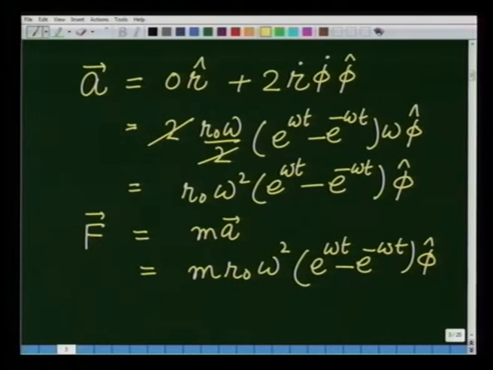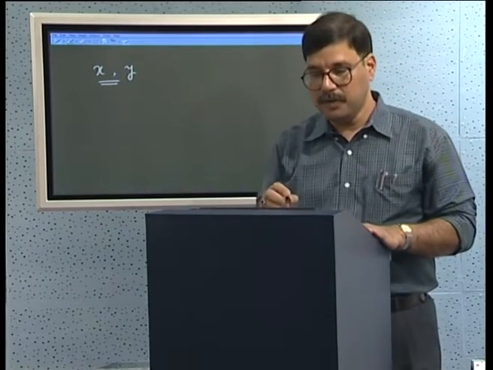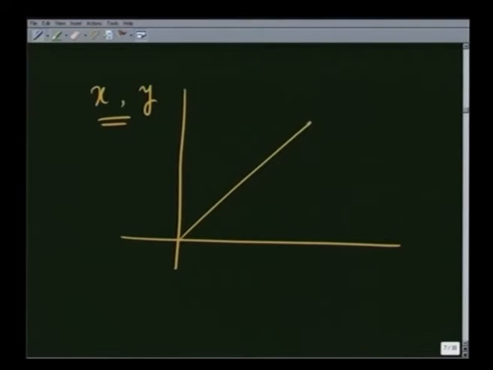So, you see that we have solved this problem in planar polar coordinates in a simple manner. I would urge you to try solving the same problem using x and y coordinates. Just to give you an idea, when the wire is moving, the wire is applying a force like this, which is going to have a component in x direction and a component in y direction, and therefore,